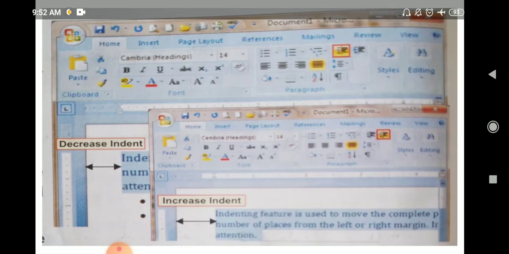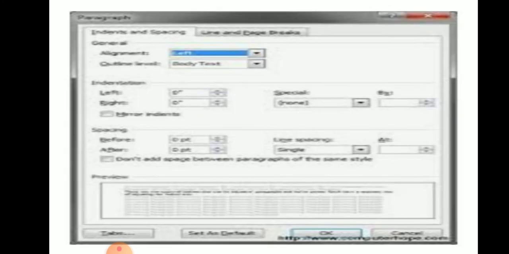Let me move to the topic of setting paragraph spacing, children. Setting paragraph spacing determines the amount of space above and below a paragraph. There are the following steps to set the spacing before or after a paragraph. Firstly, we should select the paragraph whose spacing we want to change.